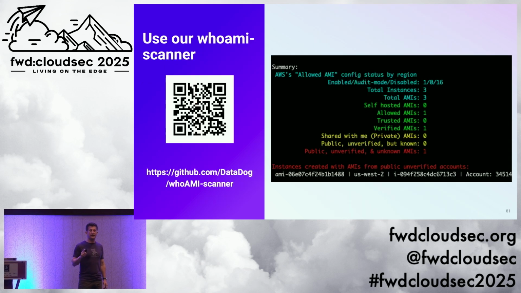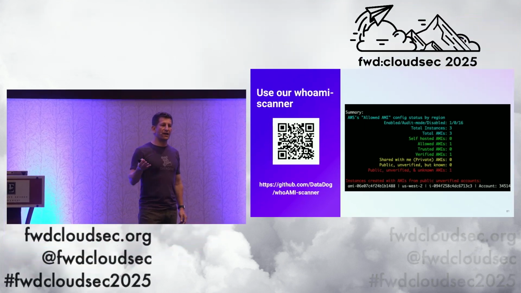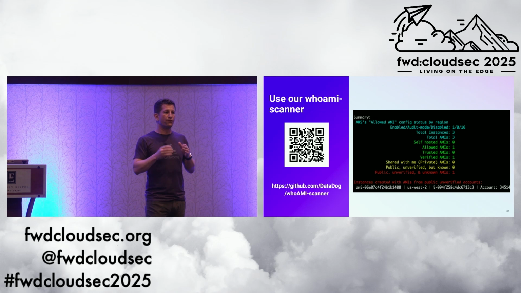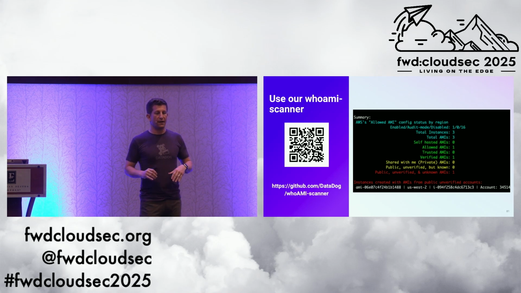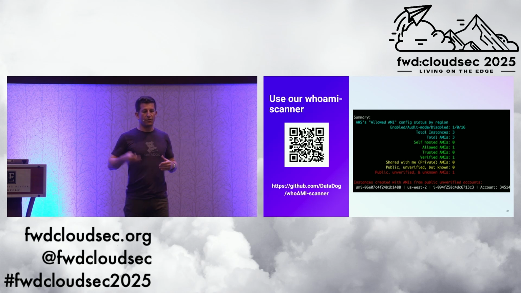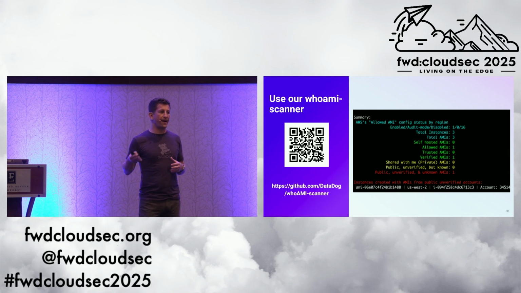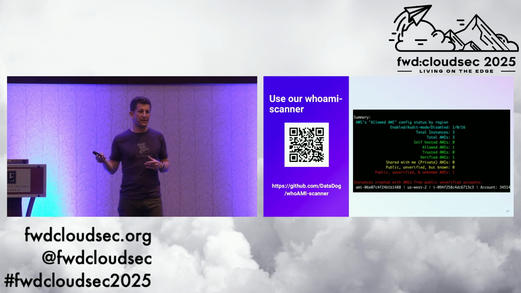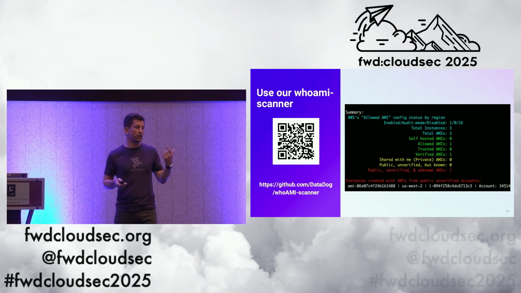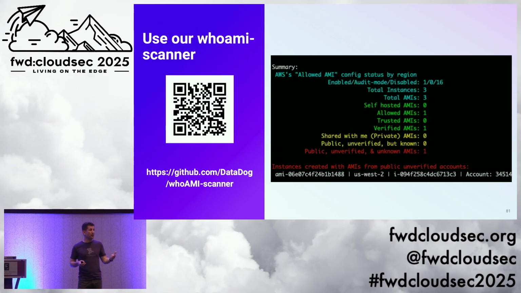I also wanted to create a tool that would retroactively look at all of the EC2 instances you had running and find the AMI that was used for each EC2 instance and sort those into buckets for you. The green buckets are AMIs that came from your account or other verified accounts. The red would be public, unverified, and unknown. Those are worth investigating. By the way, for the known and unknown, I'm using the fwd:cloudsec known vendors list to determine whether it's a known quantity. Maybe it hasn't gone through verification, but if fwd:cloudsec knows it as a trusted vendor, that's where it goes in that yellow area.